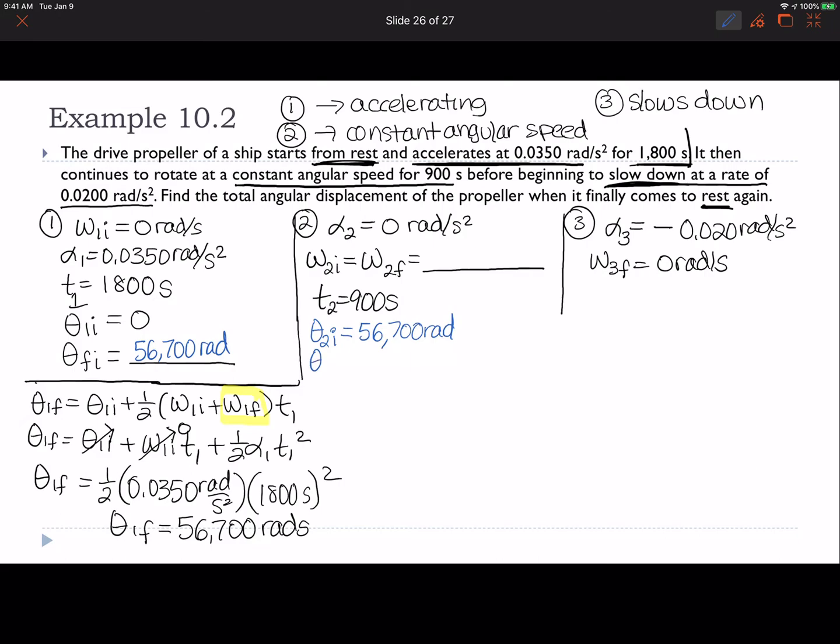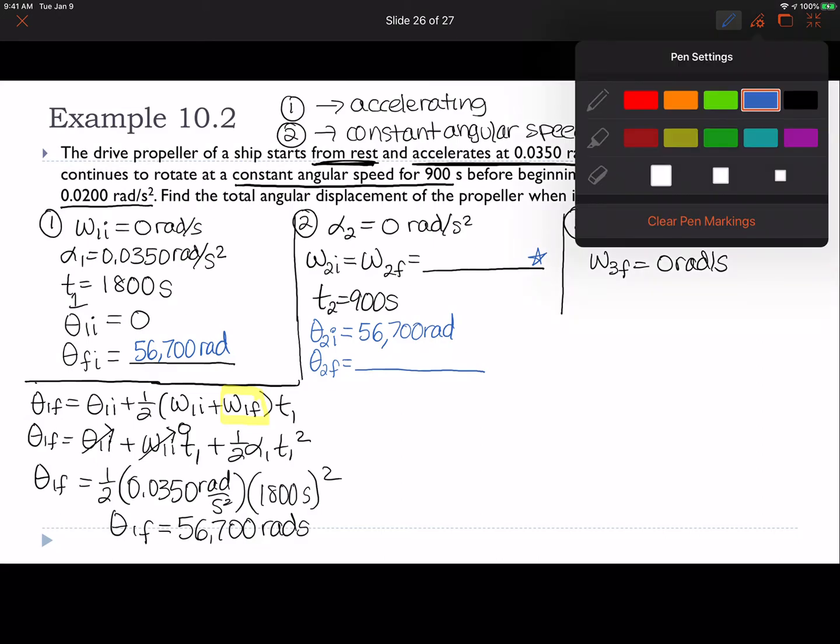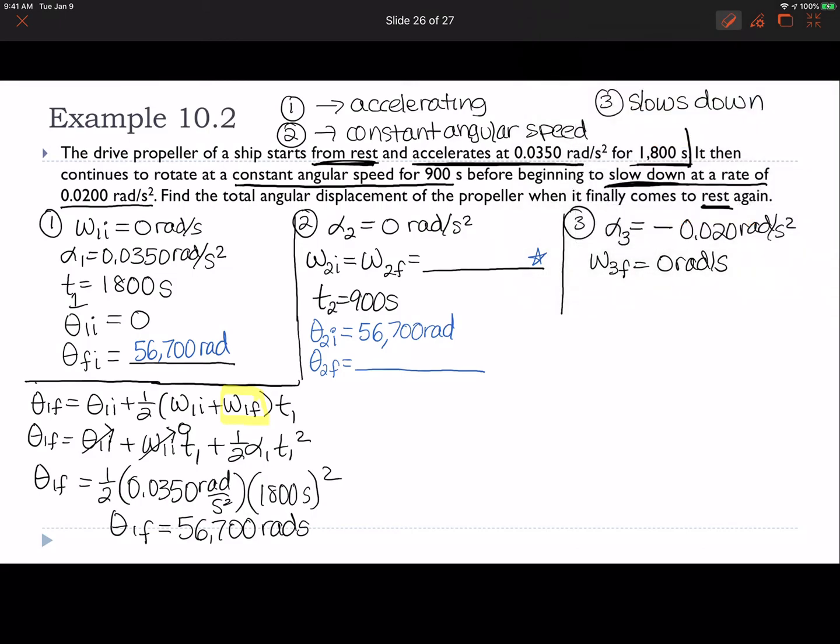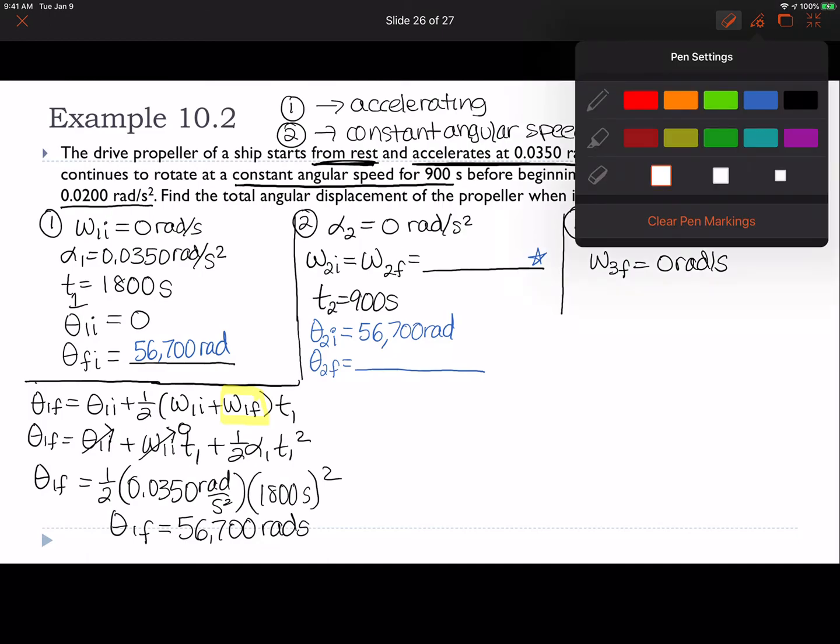And I'd like to know what is that final angular position. The problem is I don't know anything about what the initial and the final velocities are. But I do know that this is a continuous motion. So if I could solve for what the final velocity was for motion 1,